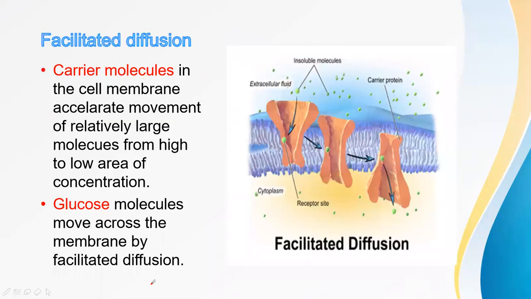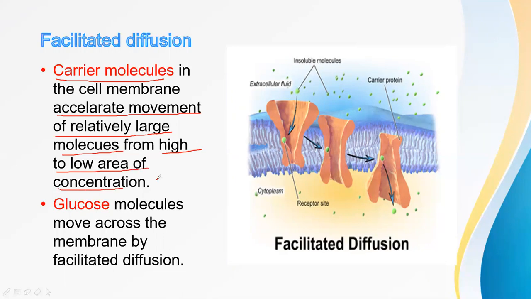The next one, the second type of passive mechanism, is facilitated diffusion. In facilitated diffusion, there are carrier molecules. What are these carrier molecules? In a previous picture we already saw the structure of the plasma membrane. In this structure, you saw these carrier proteins. These carrier proteins in the cell membrane accelerate the movement of relatively large molecules from high to lower area